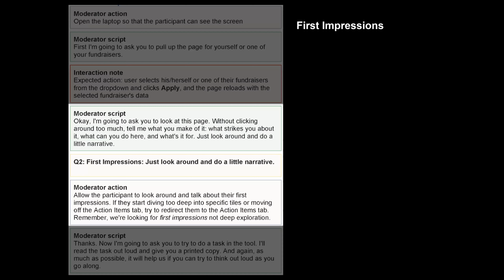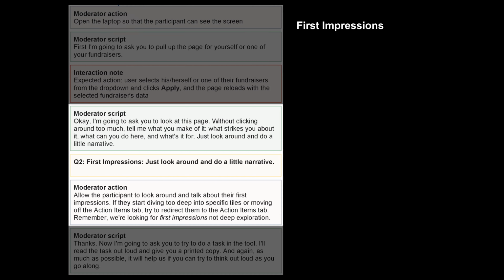All right, so once we get through that intro, we get into the dashboard itself. We show them a dashboard, and one thing that we found with data dashboards in particular, which may not apply as much to websites, is that the first time you present them with the data, you want them to sit back and tell us about what they're seeing. This is a quick check for us to understand if they are understanding the charts they're looking at, if they get the data. Because if they don't get the data from the outset and then you start asking them to do things with the data to find answers to questions, everything that follows, all the stuff that you're testing, is kind of for naught because they don't get the basics.